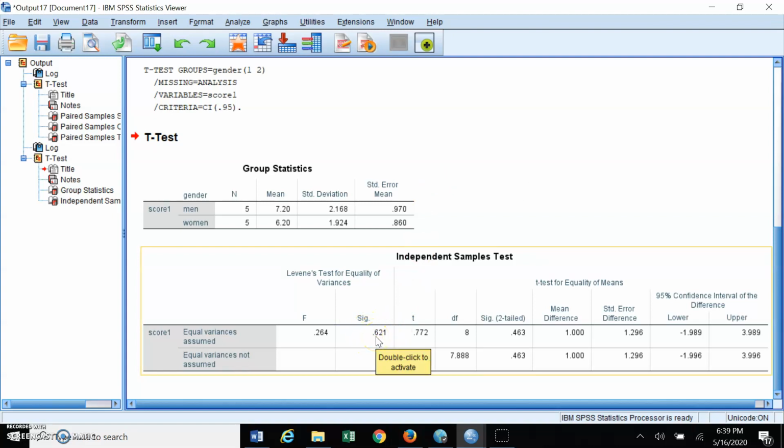If this value is greater than 0.05, we're going to stay in this top row. If this SIG value is less than 0.05, we're going to go down to this bottom row. This one at 0.62 is greater than, so we're going to stay in the top row. Here's our T, here's our degree of freedom, and here's our SIG. Once again, it's two-tailed, so if we're speculating that men and women will be different, we interpret it like this at